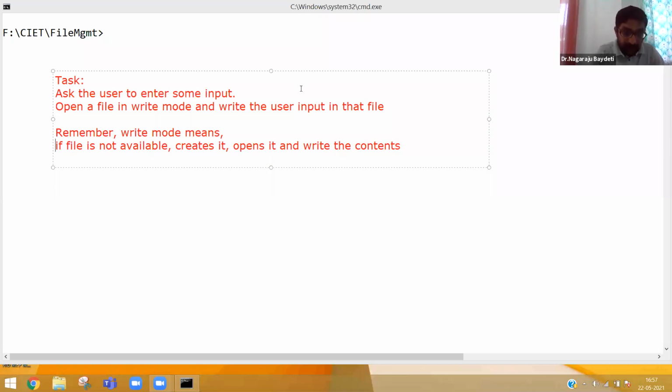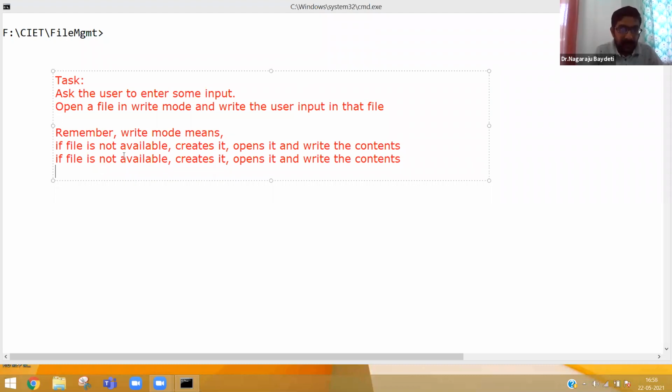If file is available, then yesterday also I told, opens it, erases the contents and writes the new contents.